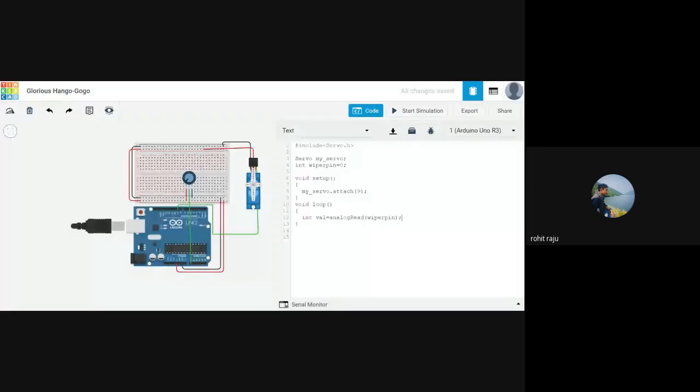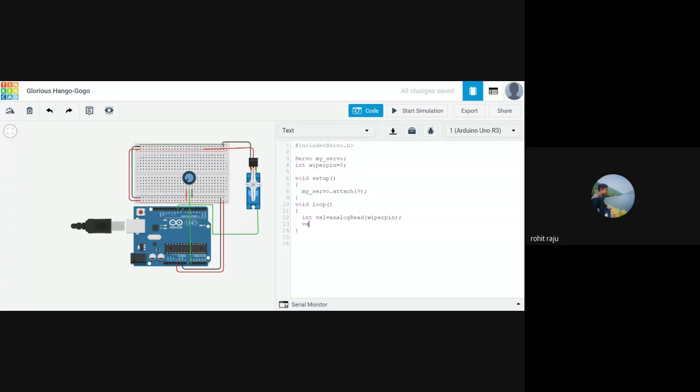So one major problem here is this outputs values between 0 to 1023. But what are the possible degrees with this shaft? 0 to 180 degrees, right? But these have values 0 to 1023. So we need to change our range from 0 to 1023 to 0 to 180 degrees.